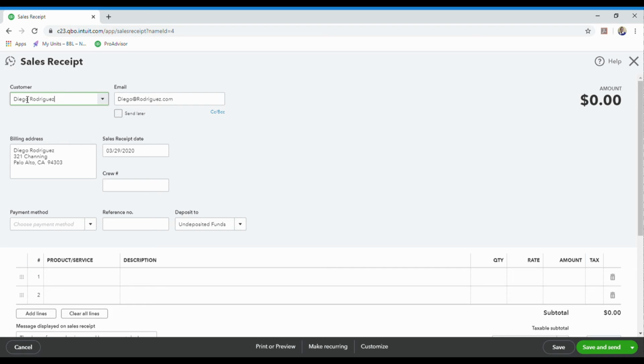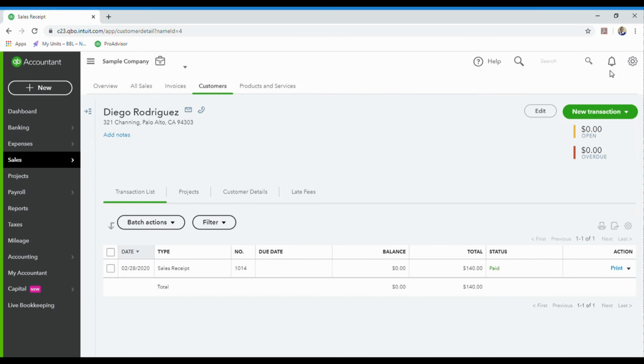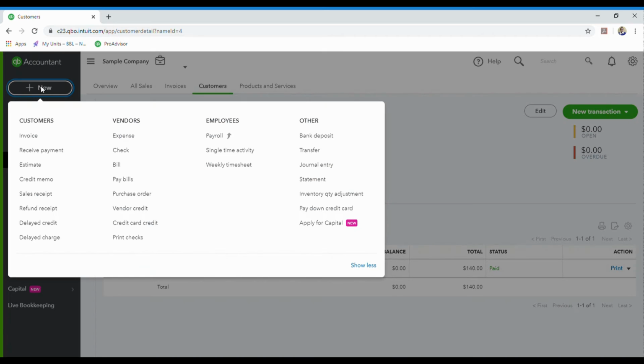Or you could have clicked on the new button and created his account. So actually, what I am going to do is close off of this one,